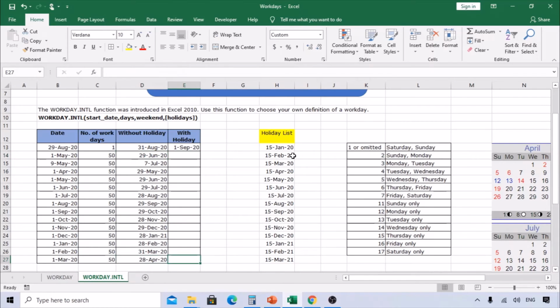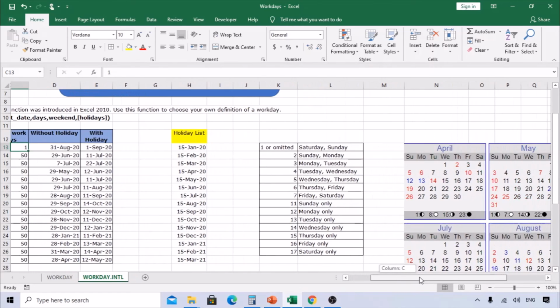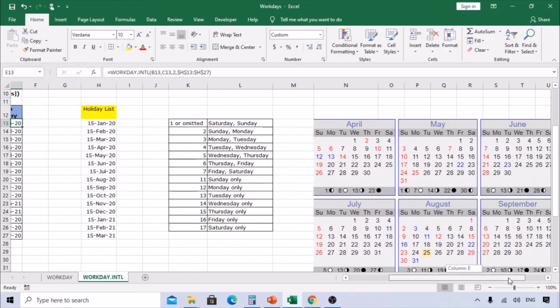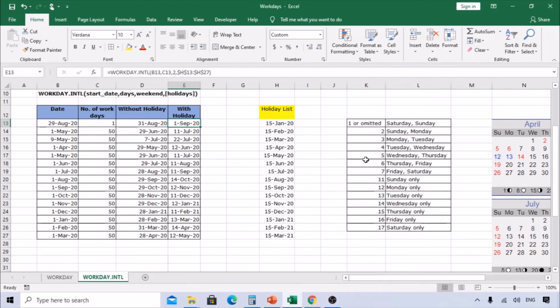So copy this down. The 29th is the start date, and we are using the pattern 2, which is nothing but Sunday and Monday holidays. This is Saturday, so the project has 1 day to finish. We have given it as 29th August and 1 day, and the project ends on September 1st, because Sunday and Monday are the weekend offs. So obviously September 1st is your cutoff date to finish the project.